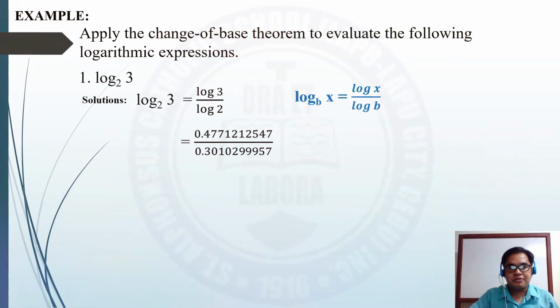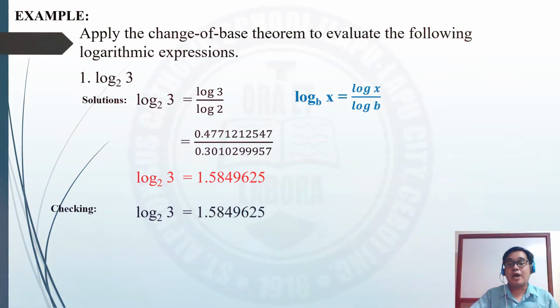So we have 0.3010299957. Simplify them further using the division process, and the equivalent value of the logarithm of 3 to the base 2 is equal to 1.584965. Okay, to check, you have to copy the given and equate it to its equivalent value,